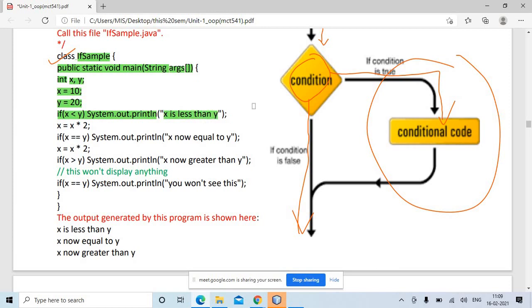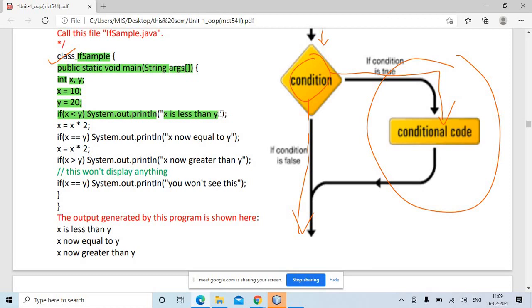This message you want to print. Now in this program, we have considered only if the condition is true, perform this action. If the condition is false, what you have to do, we have not taken care of. So if x is less than y, print the message, otherwise don't do anything.